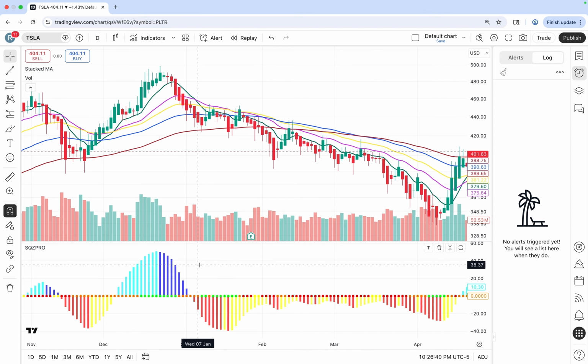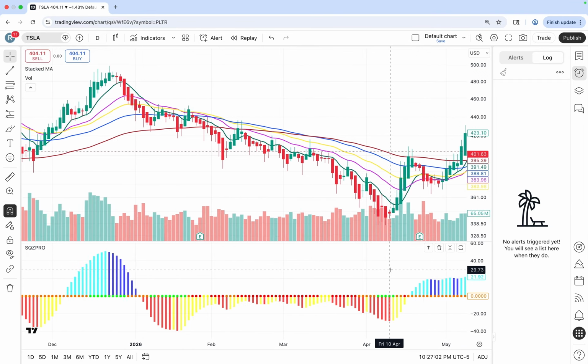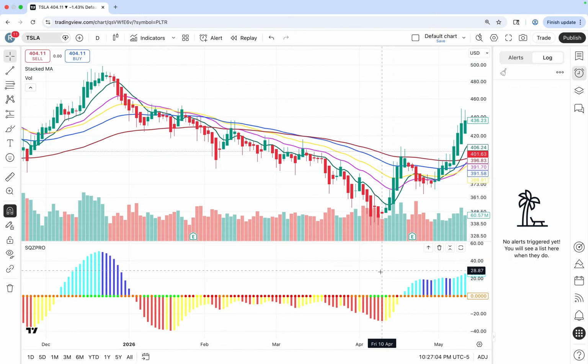The dark red bars mean that there's strong bearish momentum. And the yellow bars mean that the bearish momentum is still there, but it's starting to slow down a bit. And typically when you see the yellow bars, that means that a reversal could be coming from bearish momentum slowing back to bullish momentum,